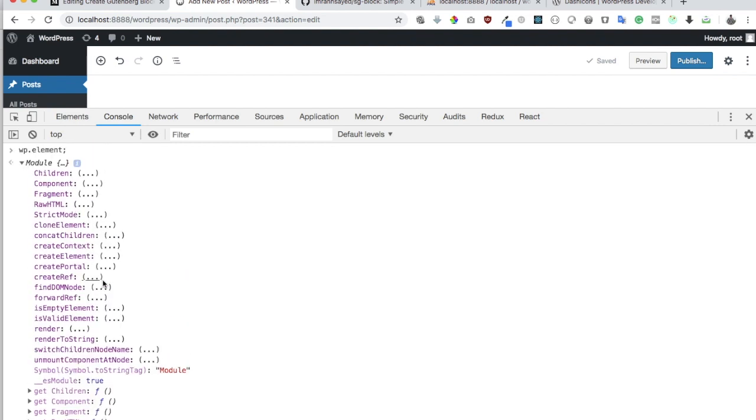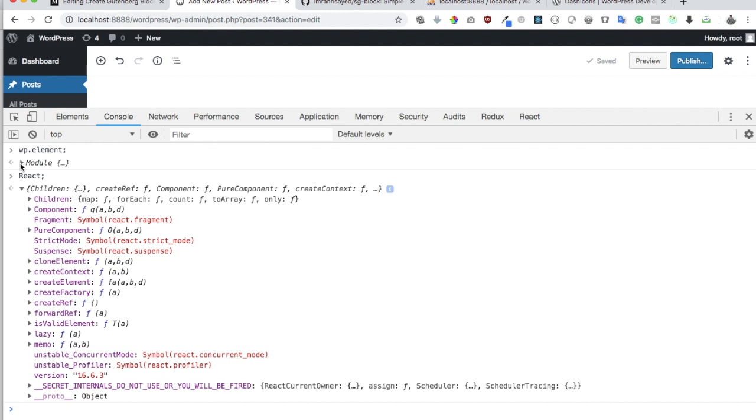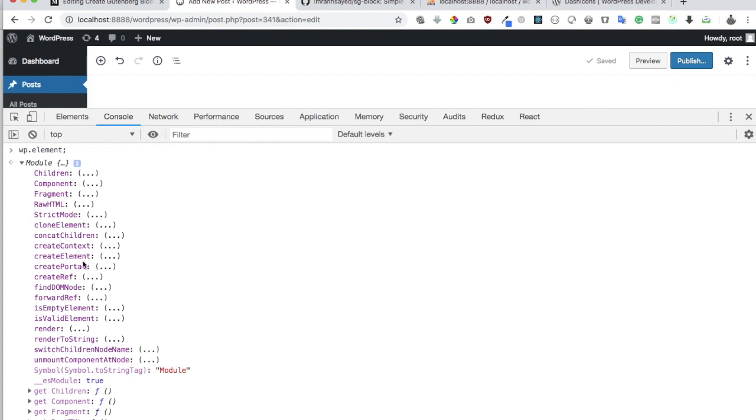You must be wondering, why did the Gutenberg not use the React directly and use the abstraction layer? The reason for this is because if we wouldn't have done that, then everyone would probably be using their own version of React, and that could cause problems, that probably some of the functionality may not work as expected. So that is the reason why WordPress, to keep it similar for everyone, for consistency reasons, is using wp.element as an abstraction layer of React. So it's already got all the methods that you need here. Okay. Great,